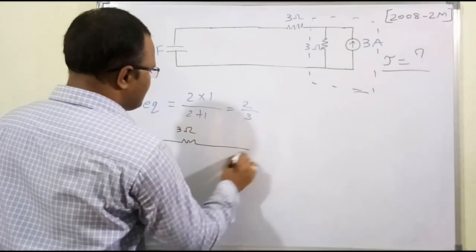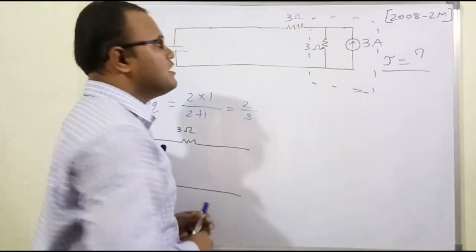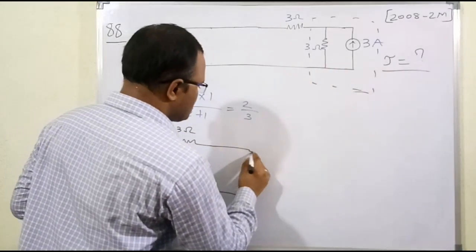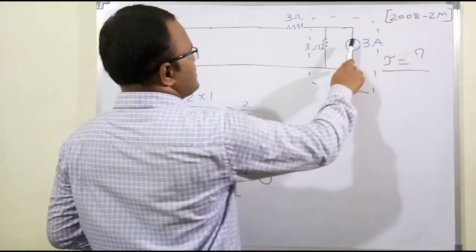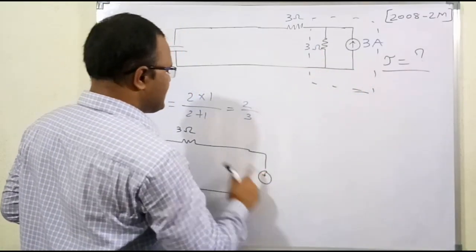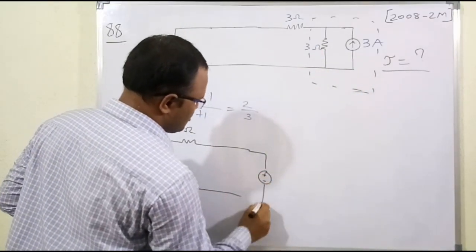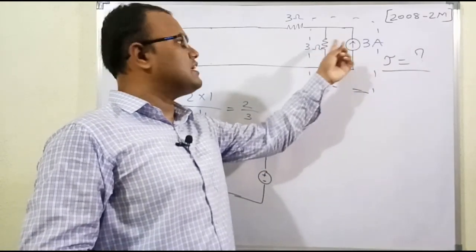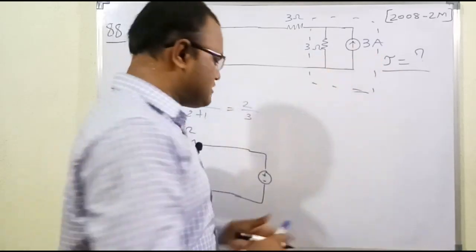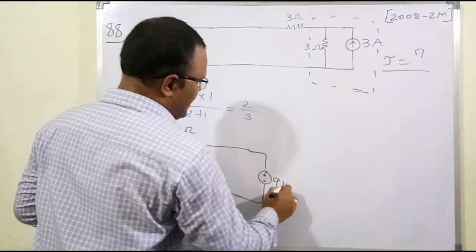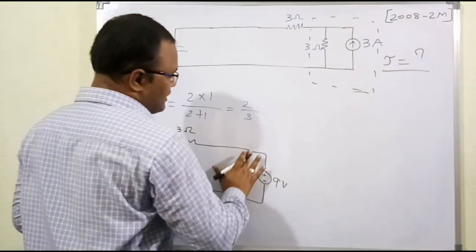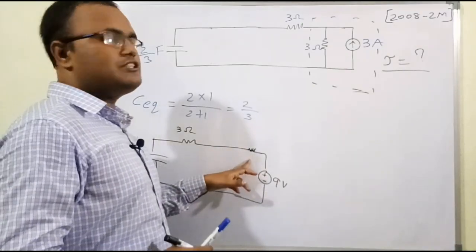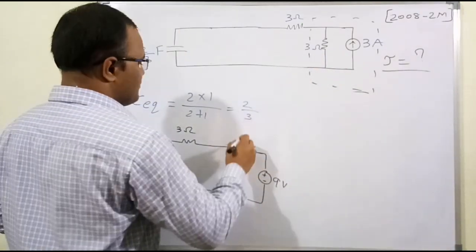So I am converting a practical current source to a practical voltage source. The upper terminal, the arrow part, must be taken as positive and the tail part is taken as negative. This voltage value is equal to the product of the current and the resistor. The resistor is 3 and the current is 3, so 3 into 3 is 9 volts. And in a practical voltage source, we need to connect a resistor in series with the ideal voltage source. This resistor value is the same as the previous resistor, which is 3 ohm.